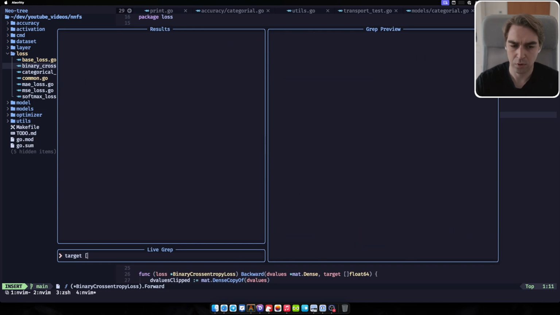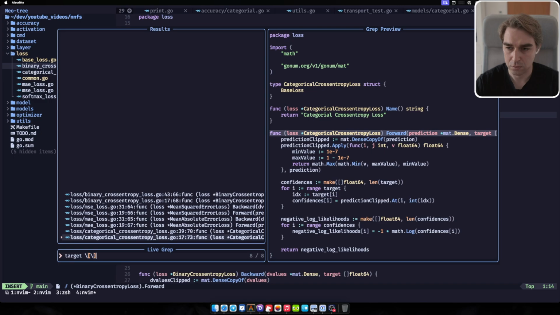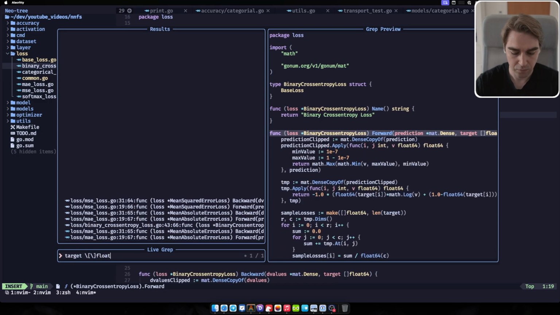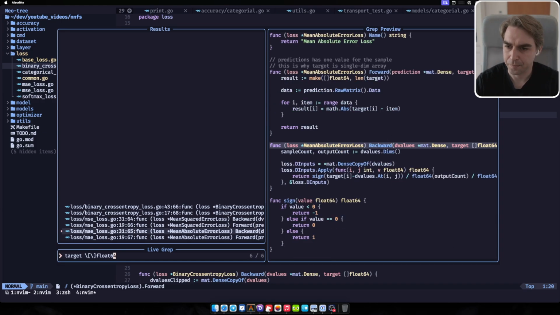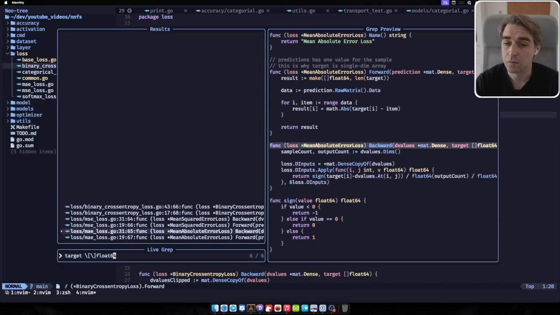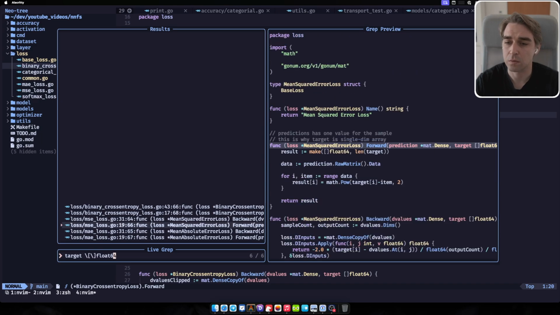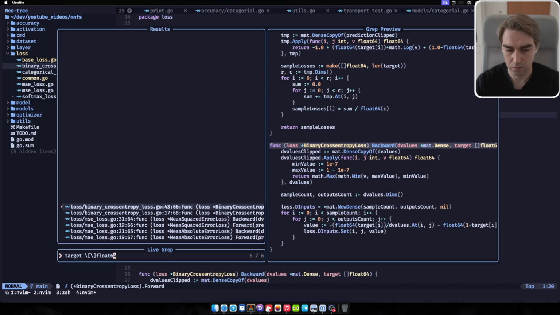But I do have. Maybe I have to instantiate it like this and float 64. So I have forwards, backwards, forwards, backwards, forwards, and backwards. Okay, so how can I go and add to the like now